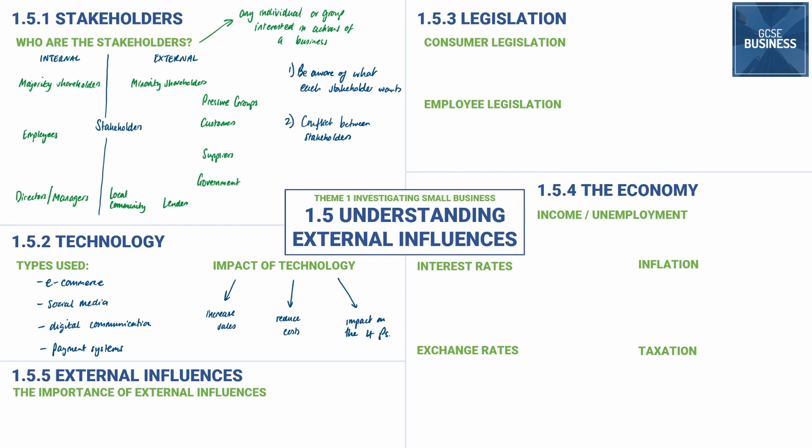The impact on the marketing mix, for example, place in particular, but promotion too, the way that a business can make sales has been impacted by technology quite drastically. Depending on what the product is, technology might actually be a big part of the product. So you think about a smartphone, for example, there's going to be a massive impact in terms of how technology advances might determine whether the product has a unique selling point, for example. So technology is really, really important to business. I don't think that really needs to be emphasized, but that's what I'm here for.